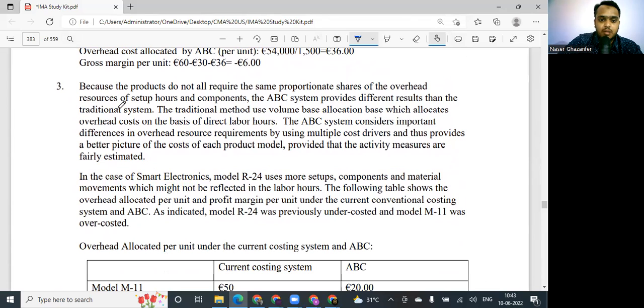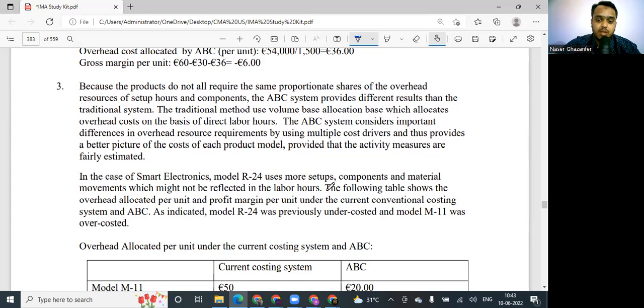Because the products do not all require the same proportionate share of the overheads associated with setting up the components, the ABC system provides different results than the traditional system. The traditional method uses volume-based allocation, which allocates overhead on the basis of direct labor hours. The ABC considers the more important cause and effect relationship. In this case of Smart Electronics, model R24 uses more setups, components, and material movements, which might not be reflected in the labor hours in the